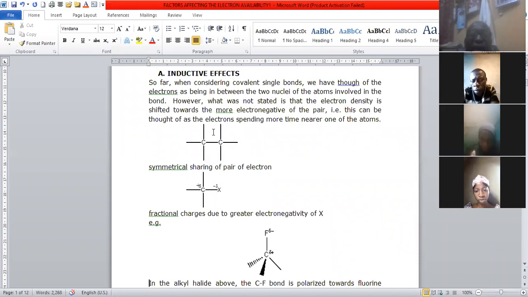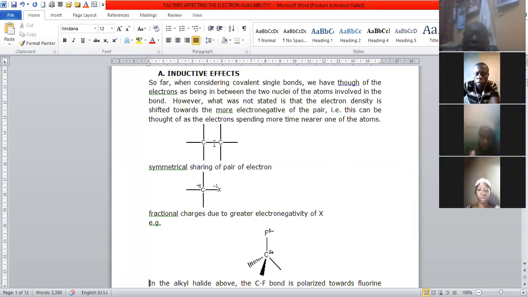Now, I will illustrate what we mean by inductive effect. Look at this figure, this structure. You see, it is carbon attached to another carbon. They are attached to, let's say, the other atoms are not shown, but let's assume they are hydrogen. Okay? The bond between the two carbon atoms,